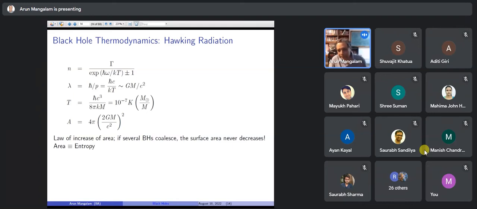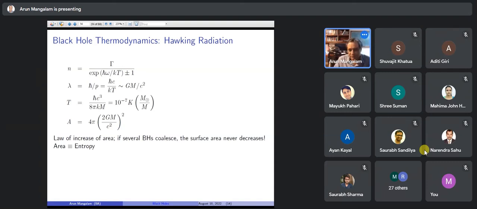Lambda is h by p, right? So this h over p is GM by c squared, right? So that GM by c squared is the length. So you can get h by p by equating it to that, and h by p is then equated to wavelength. So this intriguing idea, and then you will have to divide by the thermal kT by c,